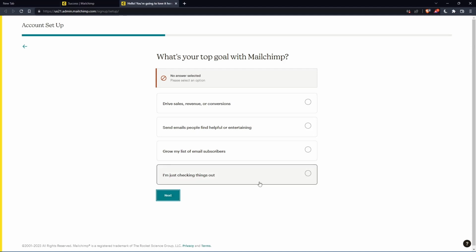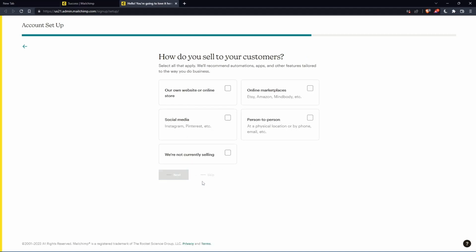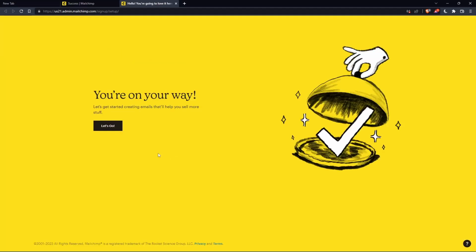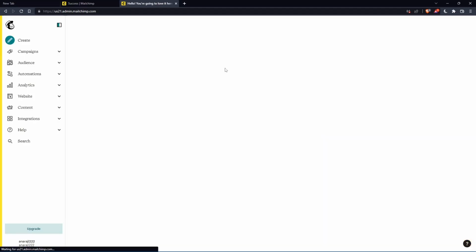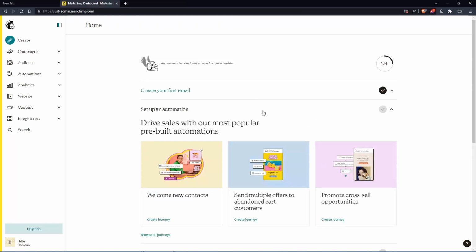But the first one, you should actually just answer it, and you will see the rest of them. You can actually keep clicking skip. Once you finish, click on finish. And as you can see, once you click on let's go, you will find yourself on the home screen of the Mailchimp website. So as we said in the beginning of this tutorial, we would like to send the campaign